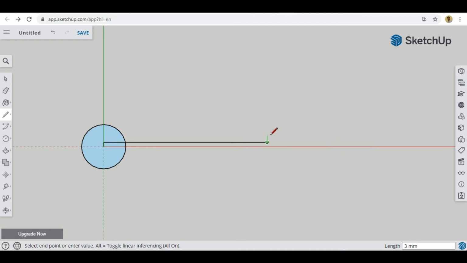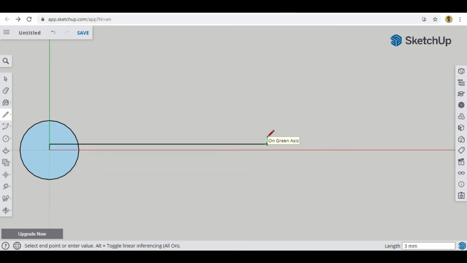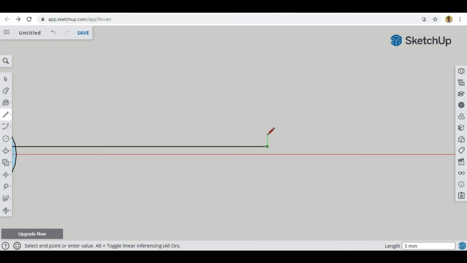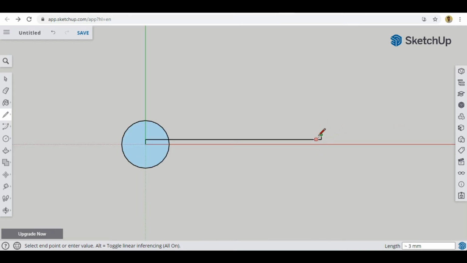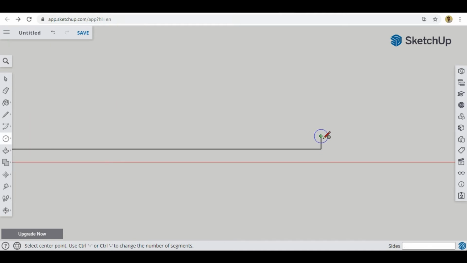Okay, and after that we have to go again upward 2 millimeter. Okay, so this one is the center point of the second circle. Okay, now we'll take circle again and we'll take this as a center point and we'll create the second circle which was 9 millimeter in radius and enter.